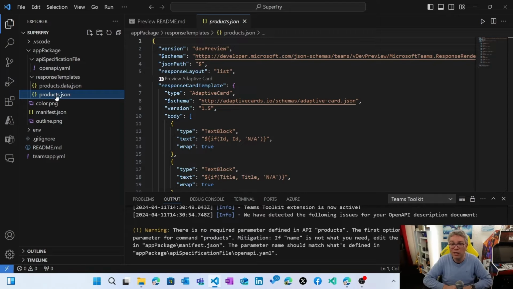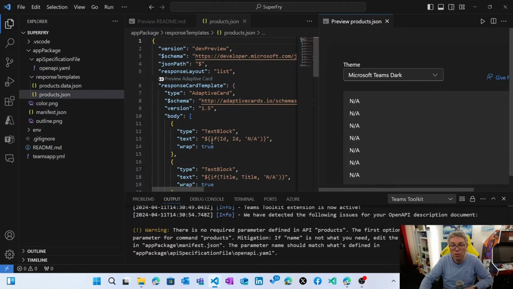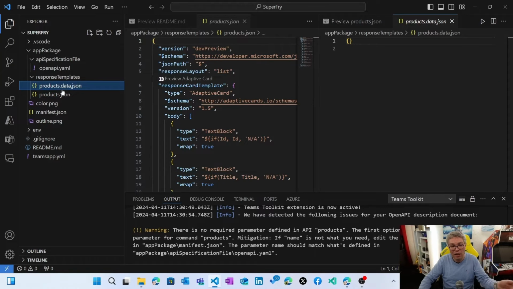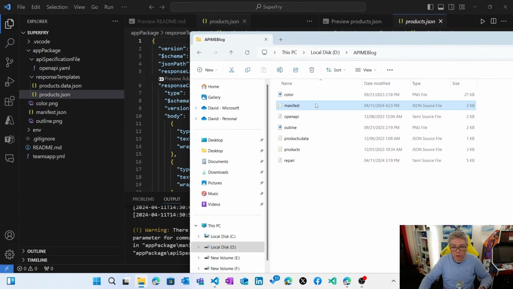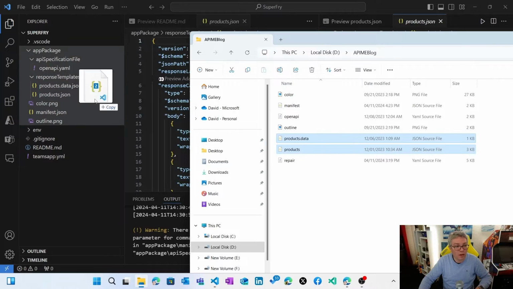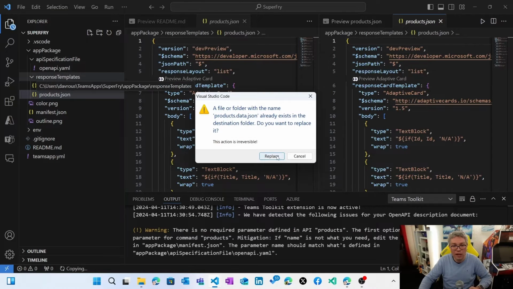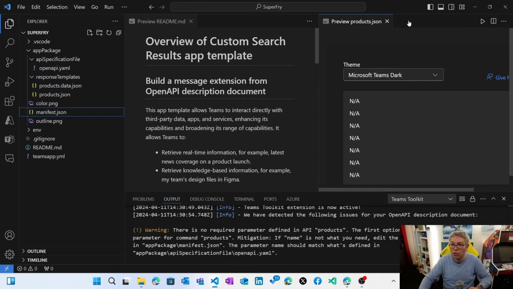If you'd like to design it before sending it to Teams, you can click on this preview adaptive card option that's going to render the adaptive card. You see that so far it's not really nice. To improve it, you need to provide mocking data inside this file and update the adaptive card. Of course, you can use an online tool to design your adaptive card. In my case, I've already been working on that, so I'm going to drag and drop those two files to replace them, and then I'm going to reload